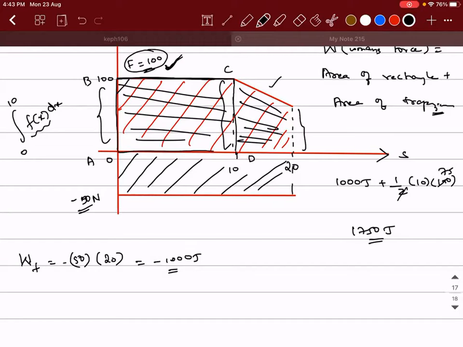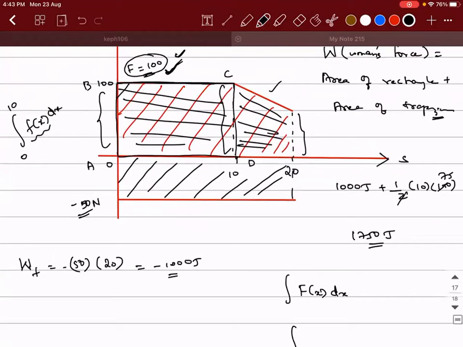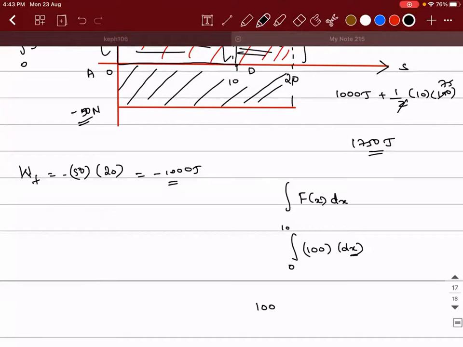Now, what is going to be this area? To write down this area, it is going to be the integral of f of x into dx. So the integral of the function, which is 100, into dx. But where is the value of x changing from? X is changing from 0 to 10. You understood why I'm taking the limits of x? Because it is dx here. The constant will come out of the integral, 0 to 10 integral dx. Are you able to understand till this step? Guys, if you're not able to understand also, it's not a big deal.